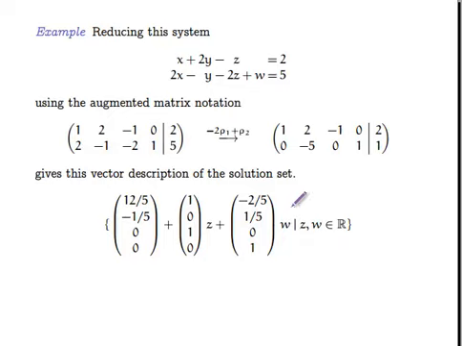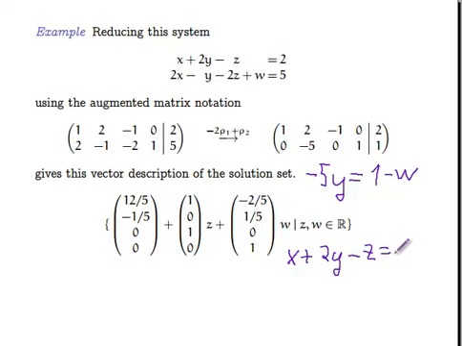You can go through and figure out what this system of equations is going to mean. I could write this as minus 5y plus w equals 1, so I could write this as equal to 1 minus w. And the equation up here is going to give me x plus 2y minus z